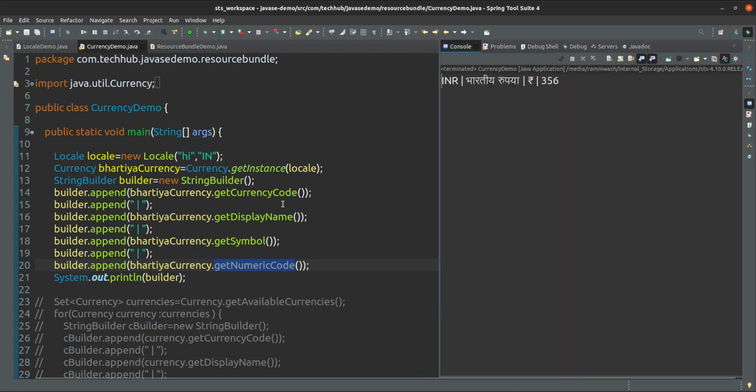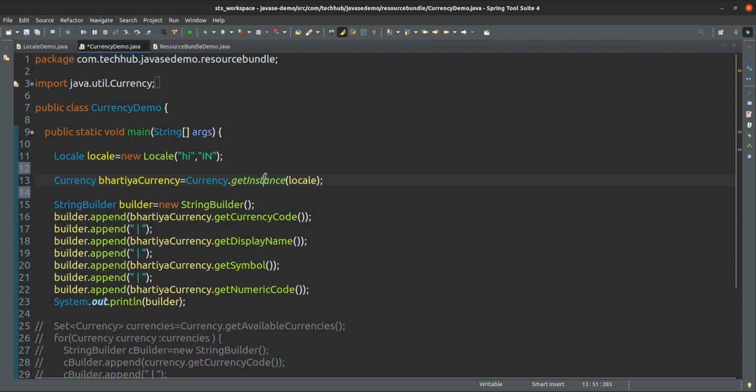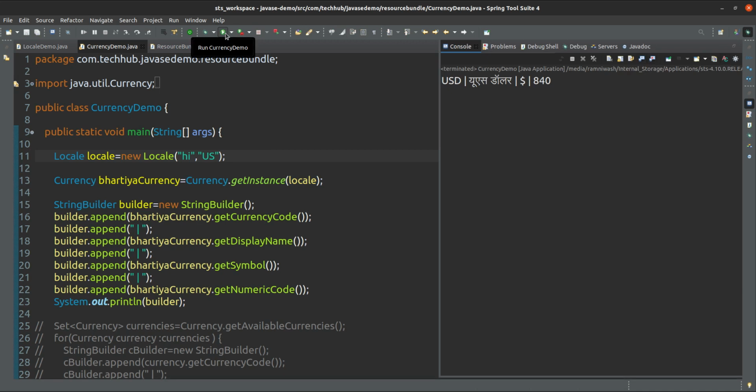So like that you can get it, and this is the Currency getInstance method we are using here. Currency.getInstance of a currency using this locale. Whatever locale we pass here, accordingly it will come. Suppose this is Hindi currently. If I give this locale as US, see, US dollar.